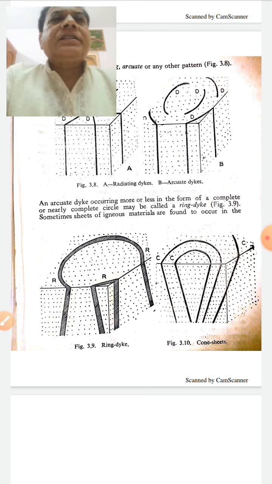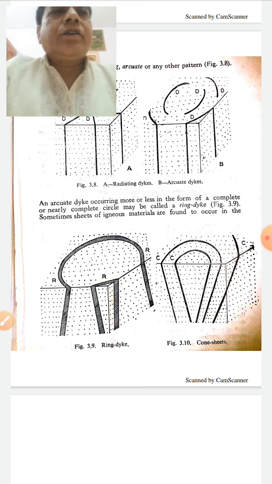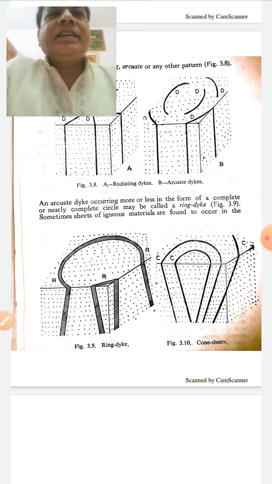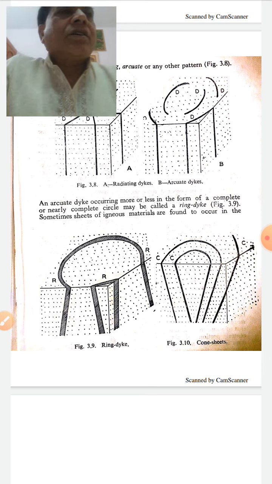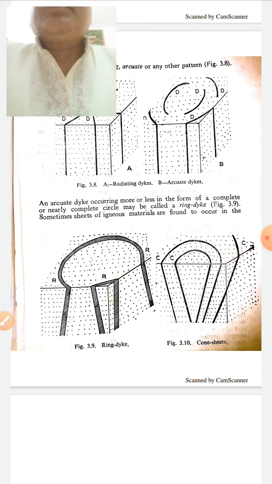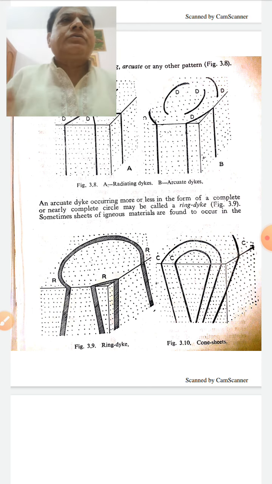And the second broad category is the discordant intrusives or plutons. Again, we can divide them into unfolded region and folded region. In the unfolded region, the various forms are dikes, cone sheets, volcanic necks, and ring dikes, which I have already discussed. The main thing is that these bodies cut across the host rock bedding planes or other structural features. And discordant in highly folded regions are your batholiths, which we have already discussed. So these are the different forms of igneous rock bodies, both extrusive and intrusive.